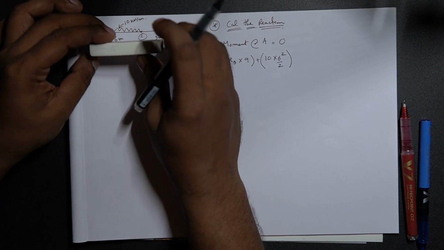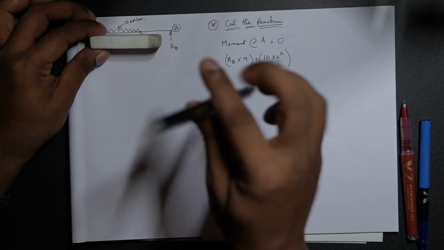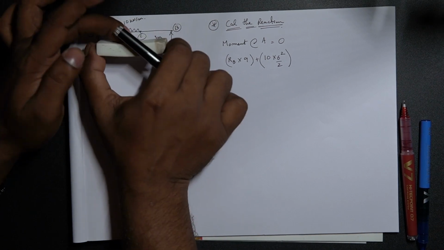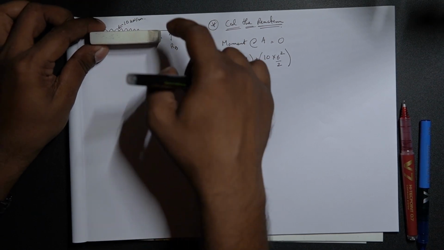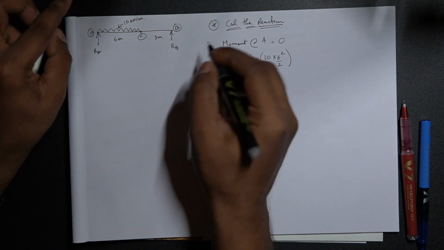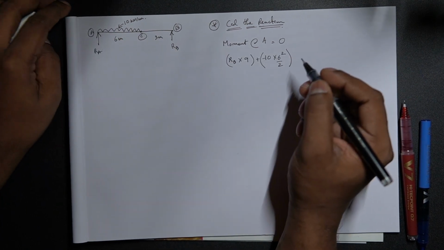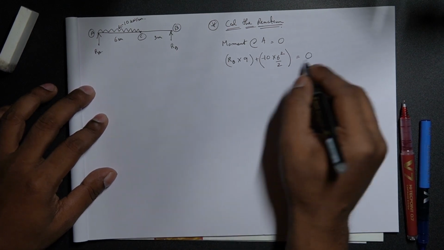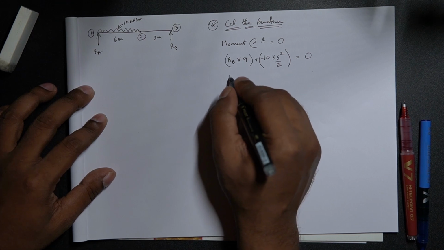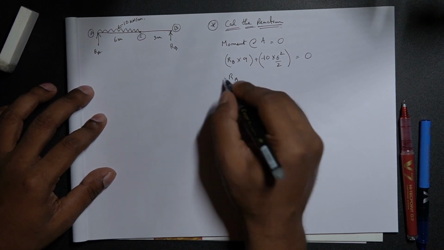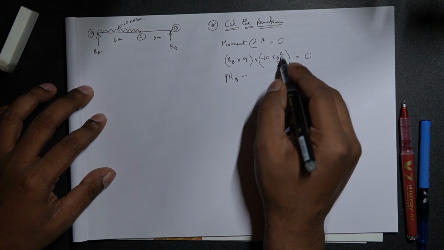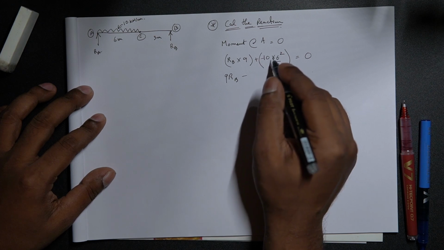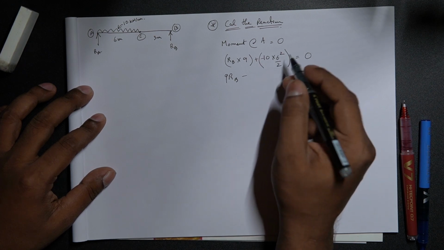But here we are trying to calculate the moment at one particular point, and the load acting over here is causing a hogging action. Now with respect to the entire beam, yes, it is causing a sagging action, but with respect to only one support, it is causing a hogging action. So we go about with a negative 10 kilonewton per meter run. Complete sum of that should be equal to 0. So 9 RB plus 10 into minus 6 squared, 36 by 2, that is 18 times 10, that is 180